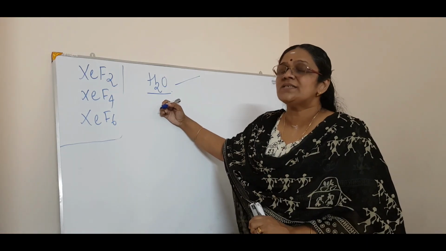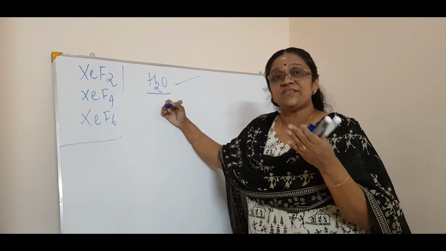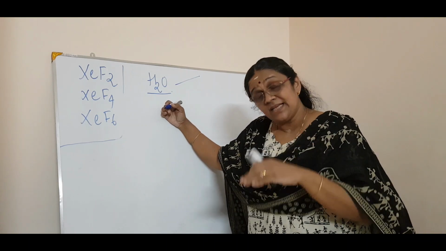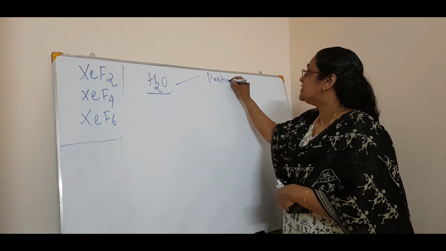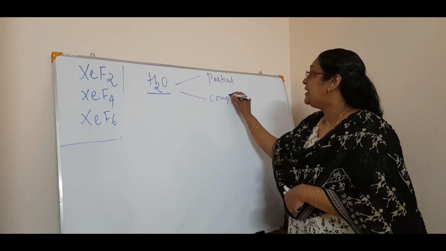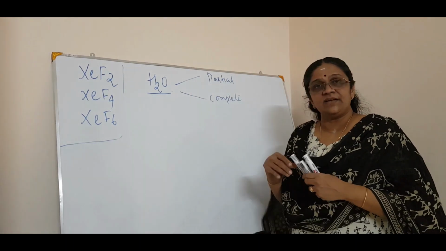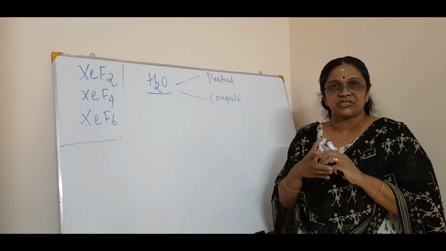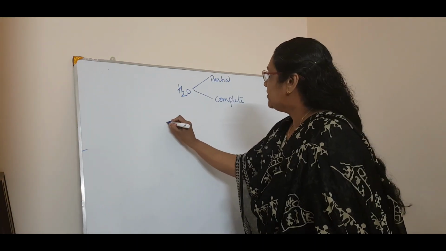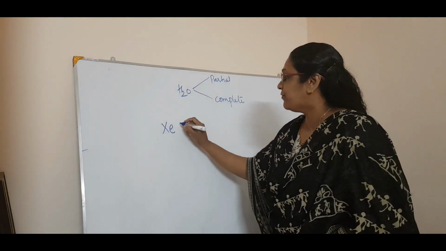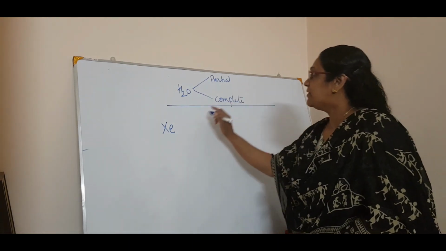2 types of hydrolysis are taking place. Till now, you only know about hydrolysis. Hydrolysis means reaction with water. But in this hydrolysis also there can be 2 types. One is partial hydrolysis and the second is complete hydrolysis. From the name itself you know, partial means only some water is reacting, complete means complete reaction with water. Okay. So these 2 reactions you have to study. Now we will see the complete hydrolysis of xenon fluoride, and then we will talk about the partial.